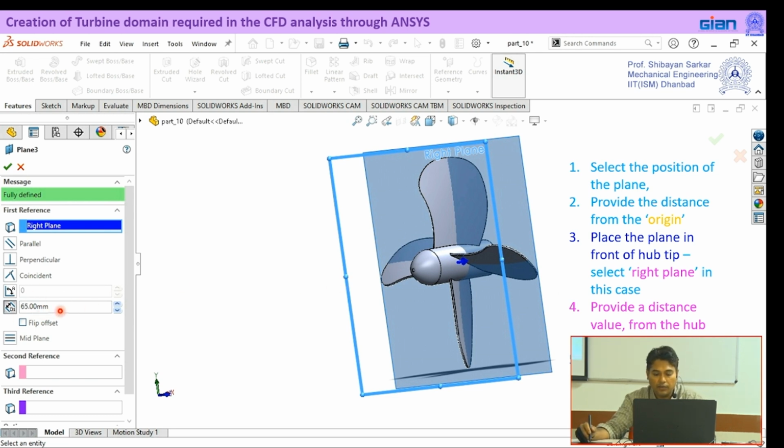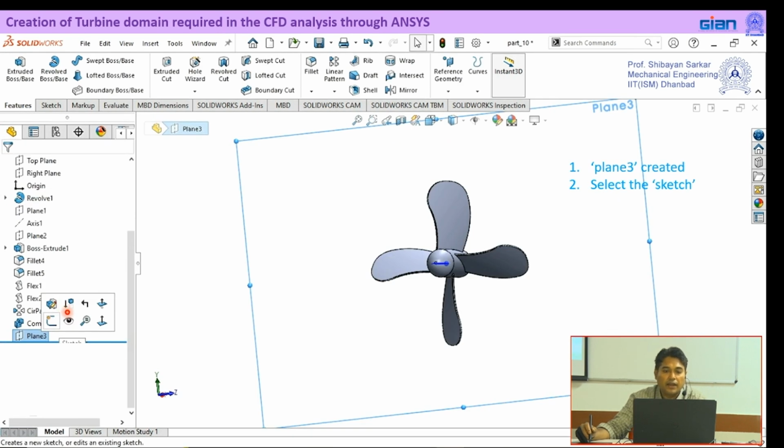So here I have given some distance, and then you can see plane 3 is created. In plane 3 I will start the trace. Right plane I have selected, then plane 3 will take its name as plane 3. Up to plane 2 we have already done, so plane 3 it will take automatically, and then we will start